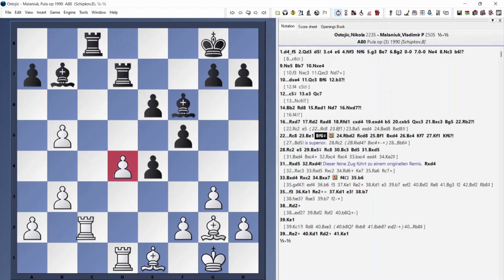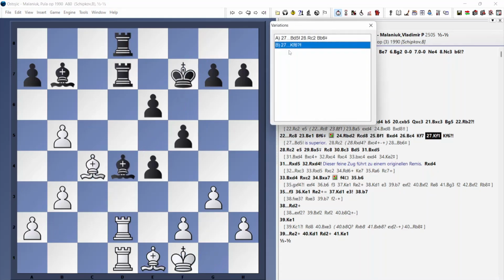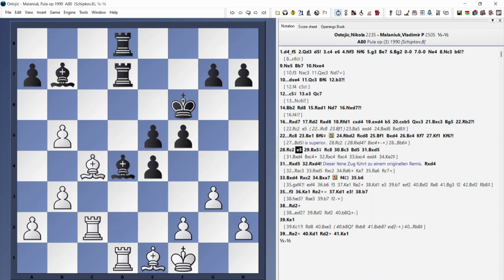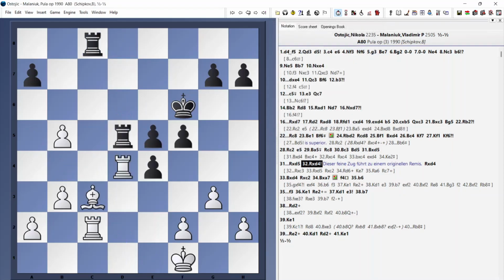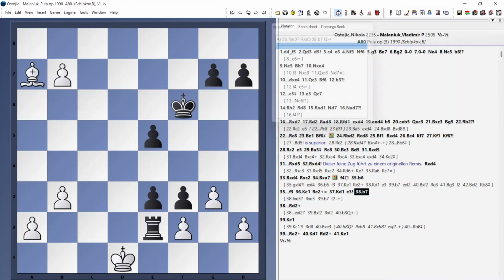And this puts a lot of pressure on the position here. Gets the pawn back. And this game actually ended up being a draw. But you can see black equalized with no problem. And black probably could have improved whatever, but he allowed the pawns to